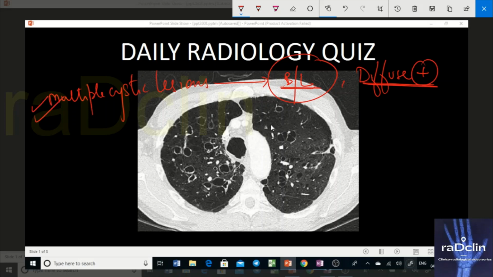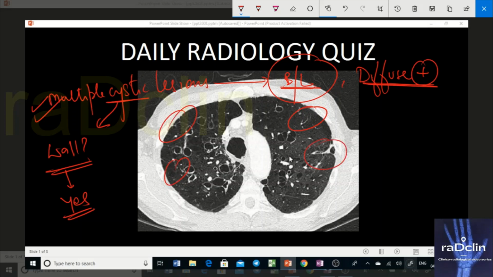So there are multiple cystic lesions. Okay, now if you see the walls of these lesions, do they have a wall or not? Yes, they have a wall, and this cystic wall is typically less than 3 mm, so it looks like less than 3 mm or 3 mm, so it looks like multiple cysts are there. Okay, now an important thing is that other than cysts, I could see some areas of fibrosis also, like interlobular septal thickening. There are also a few areas of reticulation, and by and large, multiple cystic lesions are there.